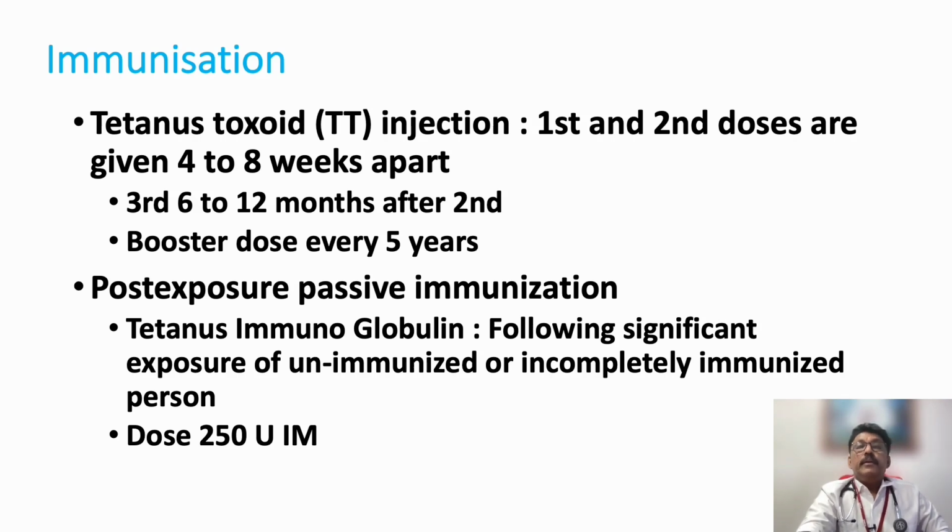250 units IM. So post-exposure means whenever we treat a patient with severe trauma or a road traffic accident with heavy skin contamination, we have to give a preventive dose of tetanus immunoglobulin. That dose is 250 units IM, but the treatment dose is very high, 3000 units, as we have seen in the previous slides. The preventive dose of immunization is tetanus toxoid injection, 1 to 2 doses 4 to 8 weeks apart should